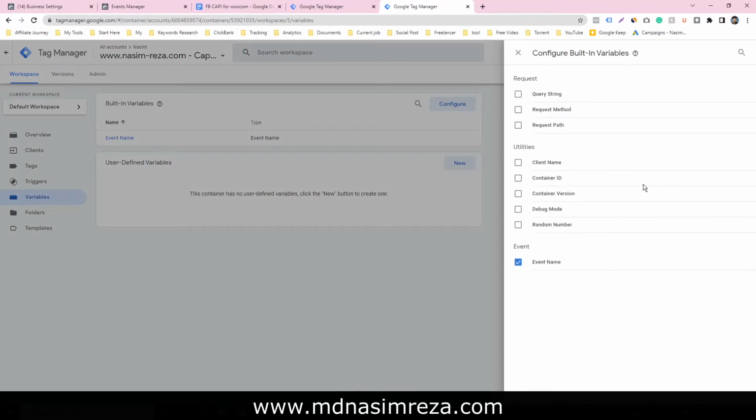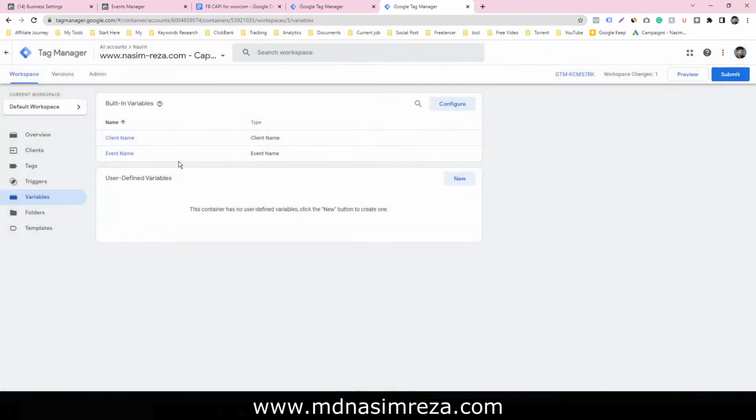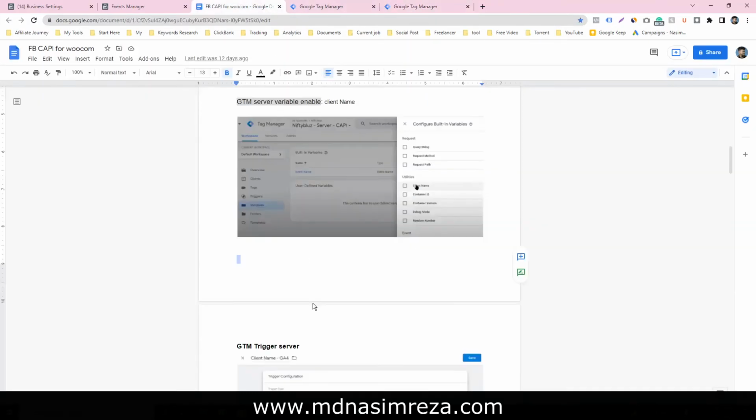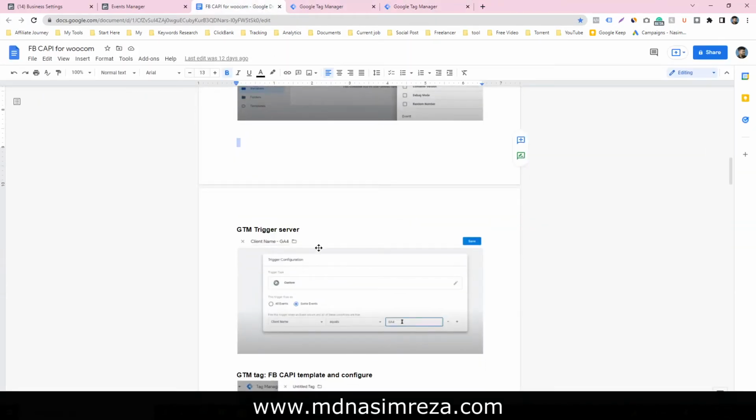It's a built-in variable. Just tick the client name. So our client name variable is enabled, and make a trigger. The trigger will be a GTM server trigger, and it's a custom trigger. Then client name equals